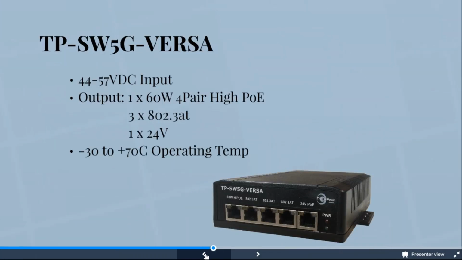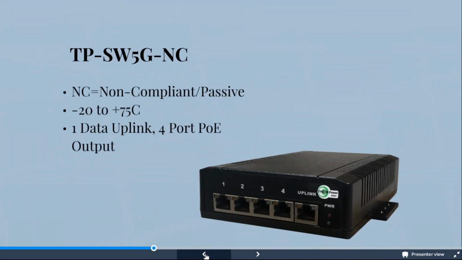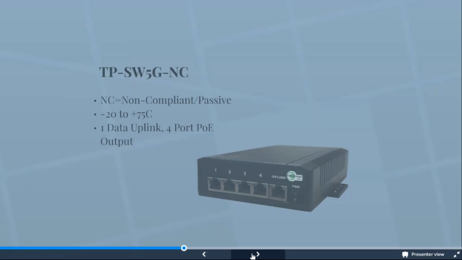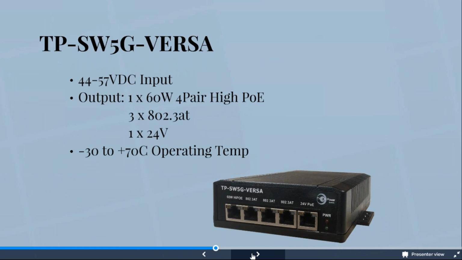No, this is fine. So with our unmanaged switches, this would be a 1 voltage input. And then that would give you the 1 voltage out. So if you need to power different voltage devices, this would not be the switch for you. This also takes 1 voltage in, so it would be anything between 12 to 36 volts in. It would convert everything to that 802.3 AT output. This one would also just be 1 voltage in, so 44 to 57 volts in,